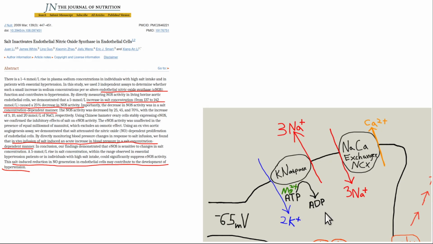So here's just showing a cell. This is a neuron in particular, but any cell, they all are going to have this potassium sodium ATPase. Usually people will say the sodium first. They'll call it the sodium potassium ATPase. I like to put the potassium first because it's a reminder that's what's coming into the cell, and then 3 sodiums are pumped out. And that's how a cell maintains its electric gradient across its plasma membrane.